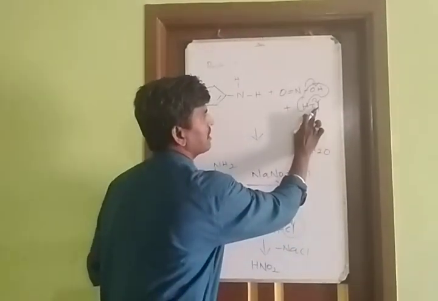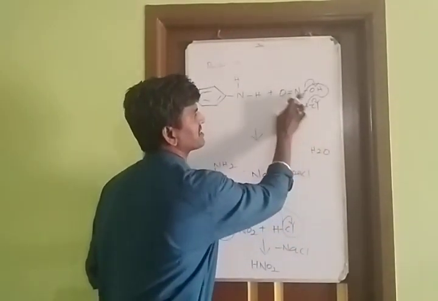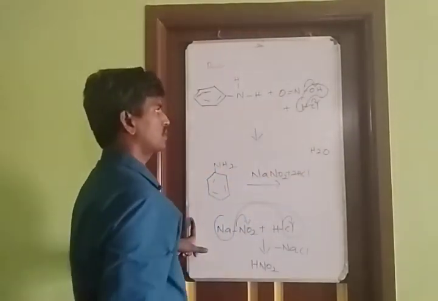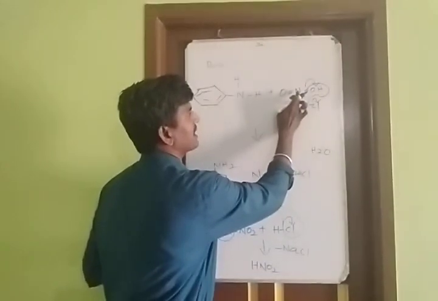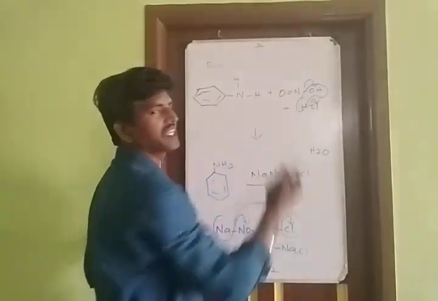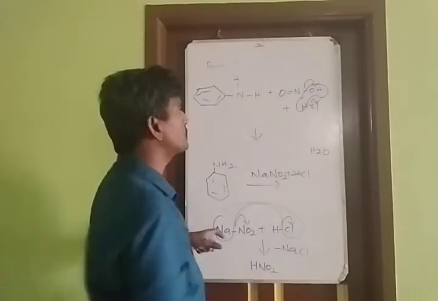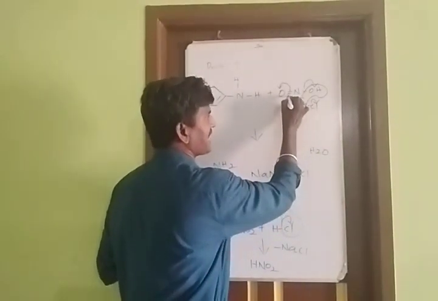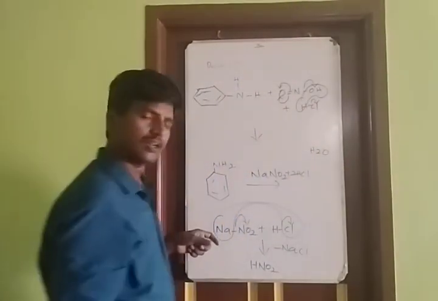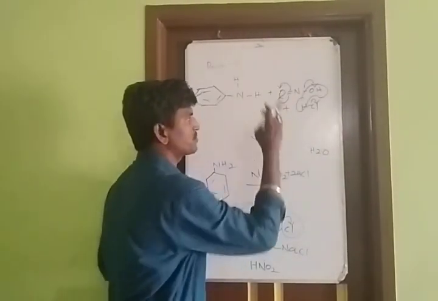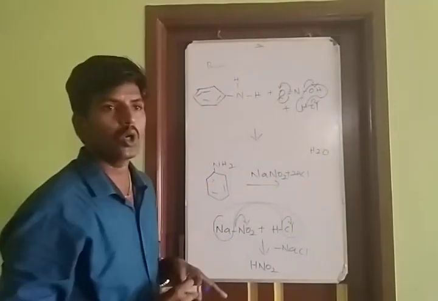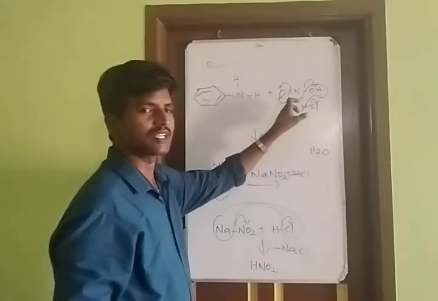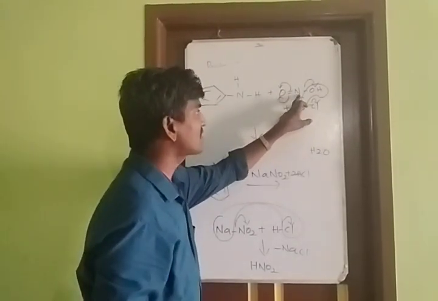What's the charge of Cl? Minus. N plus, so a plus-minus bond forms between nitrogen and chlorine. Next, I am going to compare nitrogen and oxygen. Which one is more electronegative? Oxygen. Oxygen takes 1 pair of electrons, 1 bond breaks. Again, oxygen takes 1 pair of electrons, the double bond. These 2 bonds break. What's the charge of oxygen? O2 minus. What's the charge of nitrogen? N2 plus, because of 2 times loss of electron.